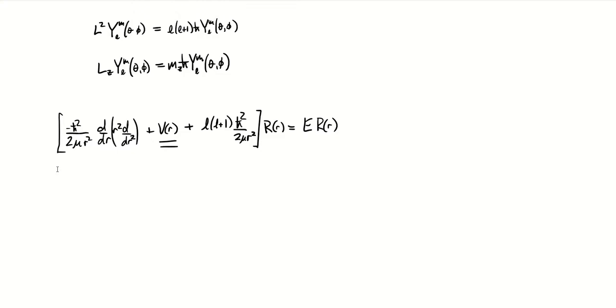Right up till now, we've only been discussing any general central potential. We're going to actually look at the Coulomb potential that the proton and electron experience, and we're going to solve this differential equation to get our full three-dimensional hydrogen wave function, which is just our radial component times that angular component.